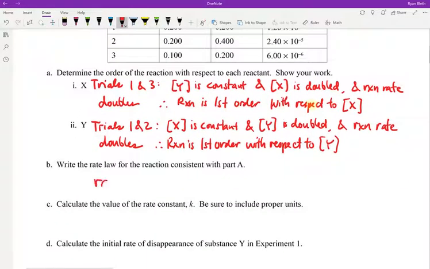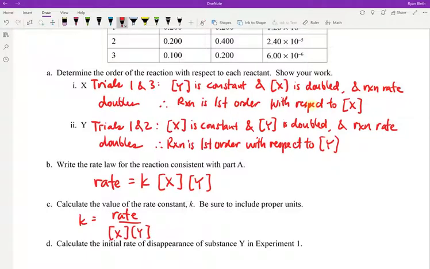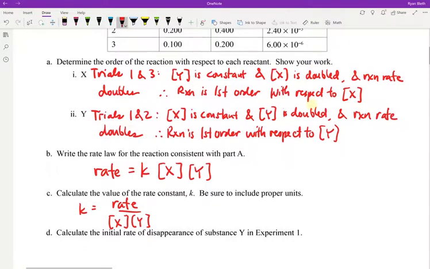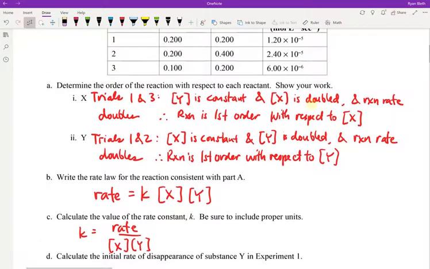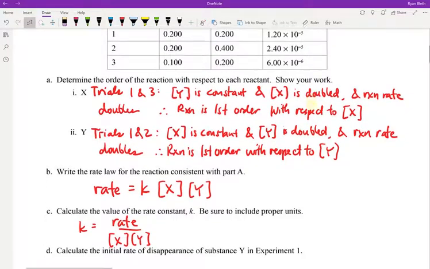The rate law then would be rate equals k, don't forget my k, X to the first, Y to the first, or just X and Y, like so. To find the rate constant k, I want to rearrange that equation. It'll be rate over X to the first, Y to the first. Take any row of data that you want. I'll take row number 1,